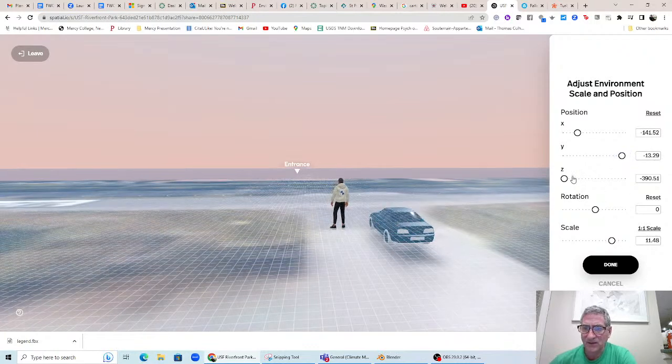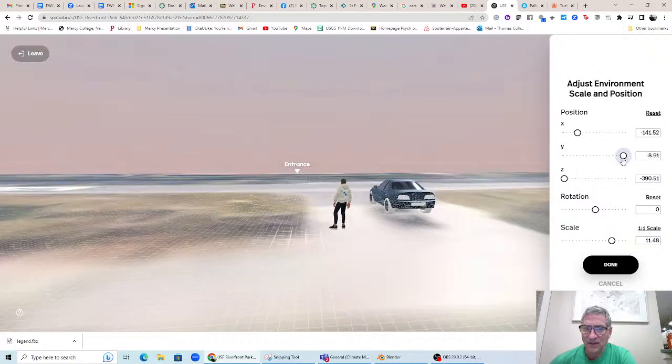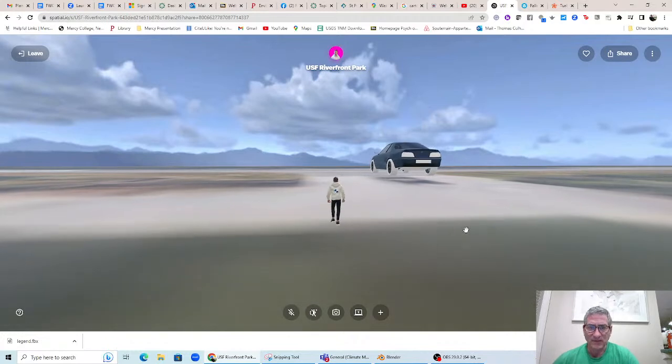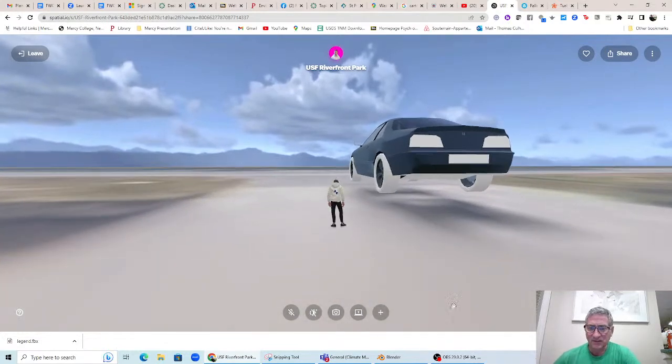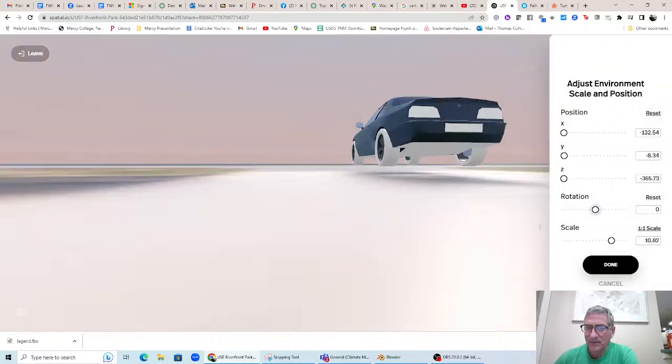And if that works, then you hit done, although it still seems the car is way too big, so go up and edit that environment,